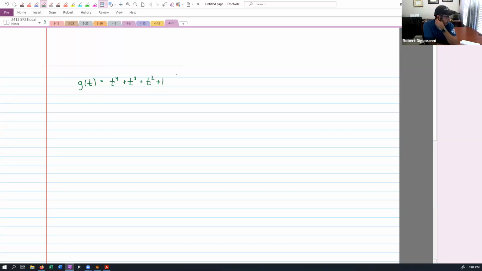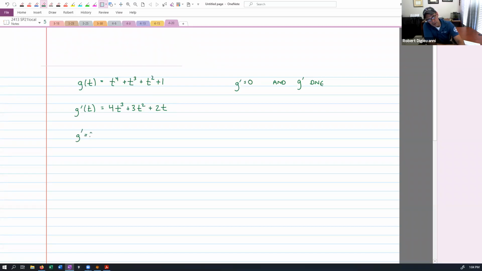Okay, so all you're asked to find here are the critical numbers. That's all you're being asked for in the homework. Find the critical numbers. That just means we want to figure out where the derivative of this function g is 0, and where the derivative doesn't exist. So the first thing we need to do is take the derivative. That should be pretty straightforward. Hopefully everyone's got the power rule down here. So there's your derivative. Now let's set it equal to 0.